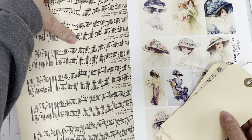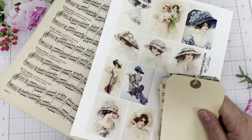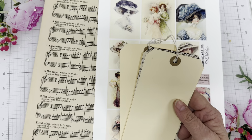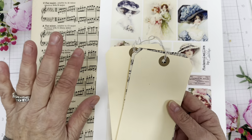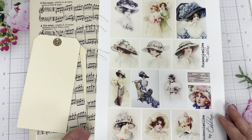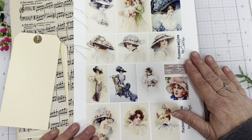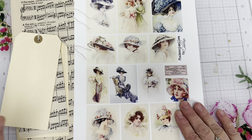Today I'm going to be working on 50 tags that I need to make for the retreat. So I want to show you how I'm going to mass produce these so I can make 50 of them rather quickly. I'm probably going to switch them and make them all a little bit different. I'm also going to use this as a design team project for Odulcina. I'm using her Mademoiselles, and we're going to work on